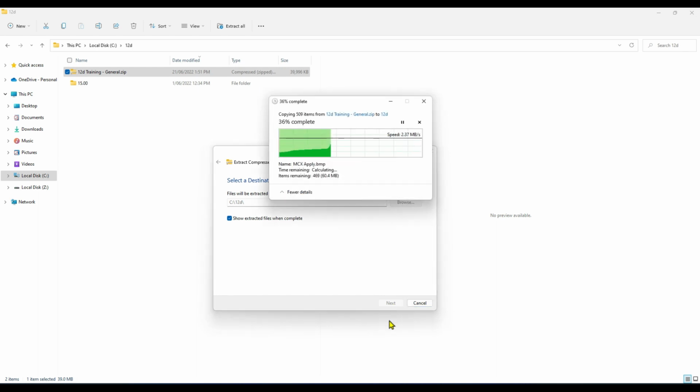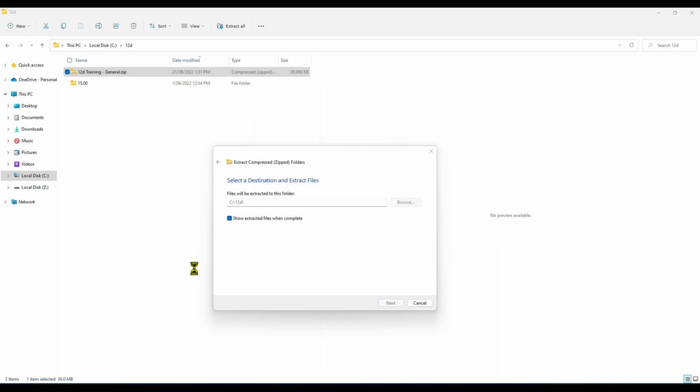And while this is happening, it's very important that the training data folder simply just sits under C drive and 12D. And like I said, it's because of the way we've set up how 12D model references the license that you've got and any settings that you need, and any of the training data that we'll be importing, just to make your life easier through the training so you're not constantly browsing to get the data. This is almost done now,